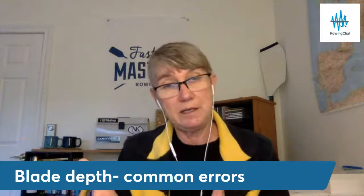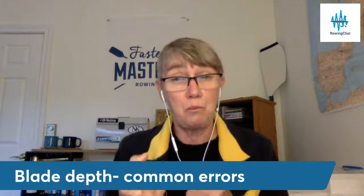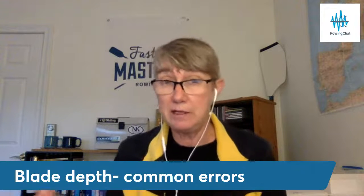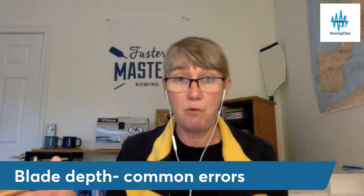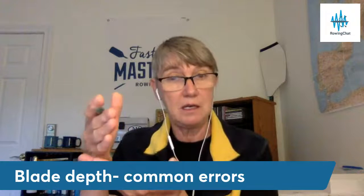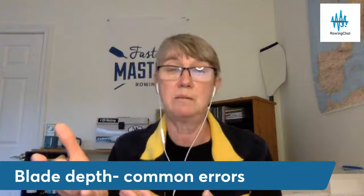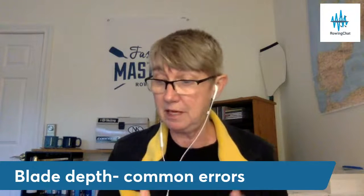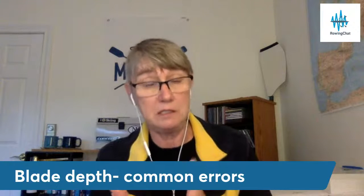If the blade goes in at an angle, you have to watch the athlete and see, is the athlete preparing the blade early enough? Do they have enough height off the water so that they can square the blade up without tapping the bottom edge of the blade on the water, which could catch the bottom edge of the blade? If in fact it happens and the blade is not properly squared and it starts to knife down into the